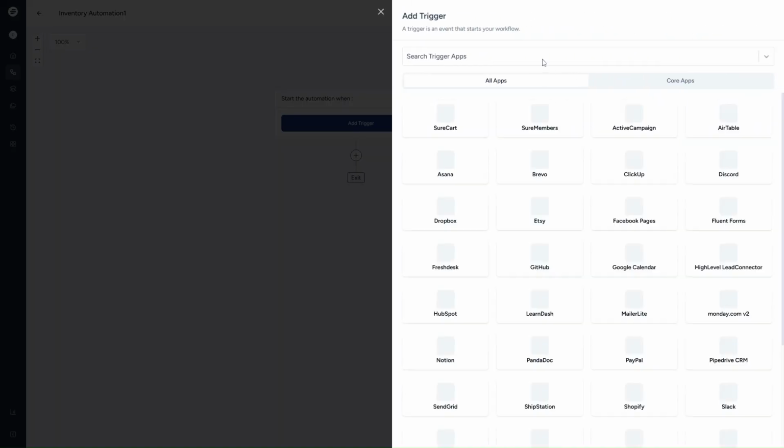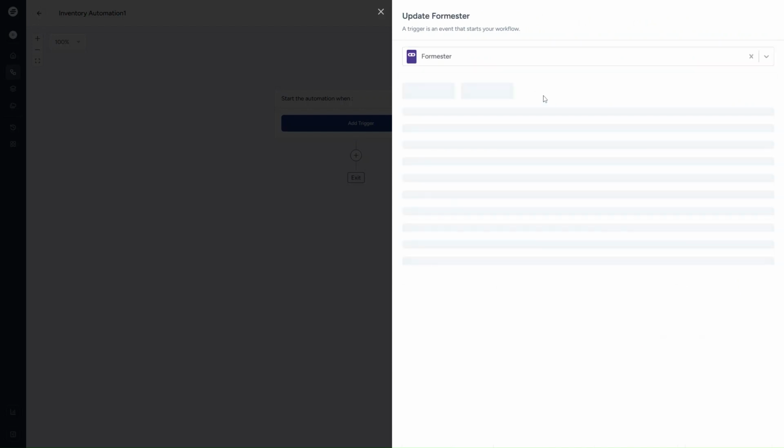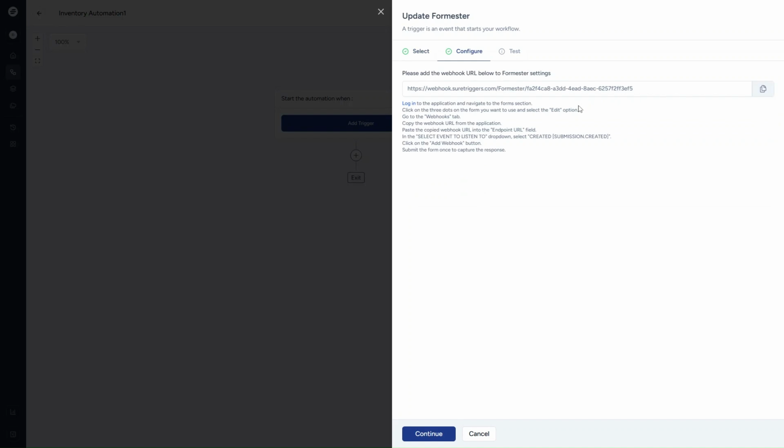And let's click on Add Trigger. Let's search for Formester. Let's select an event to be form submission created, and let's click on Continue. So this will bring up the webhook URL. All you have to do is copy this, head back to Formester,